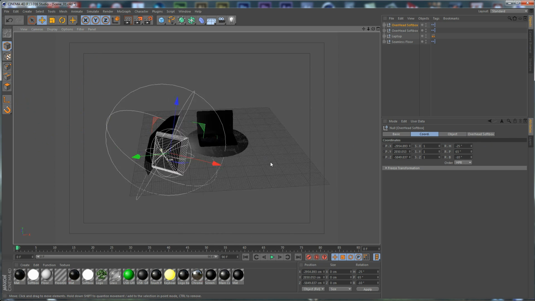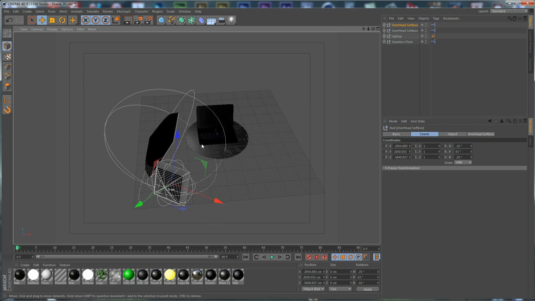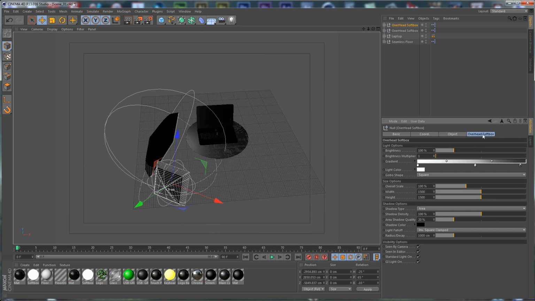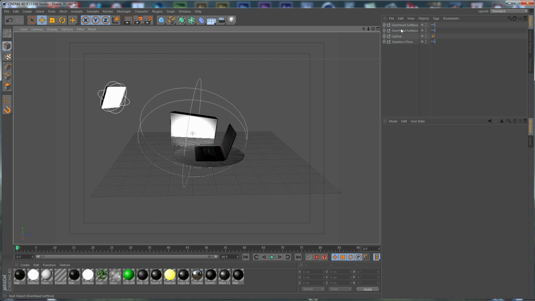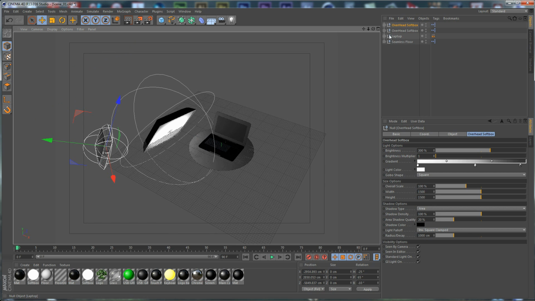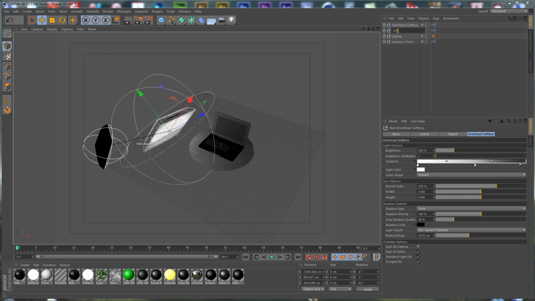So this is our white here, and let's go to the softbox properties and let's increase the brightness to 300, and let's name this one left and this one left top,